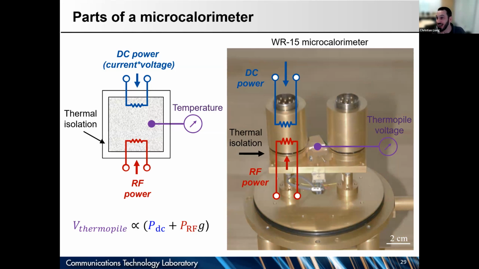I should note there's probably some metrologists in the audience that say this isn't a calorimeter at all, nor is it micro in the sense that it's small. Micro here is an abbreviation for microwave, and calorimeter is just an inaccurate name that we retain for historical purposes. This really is a watt meter or a power meter and not a calorimeter. It's measuring power and not energy. But we retain the name for historical purposes. It's been called a microcalorimeter for longer than I've been around, so we're going to keep calling it that.